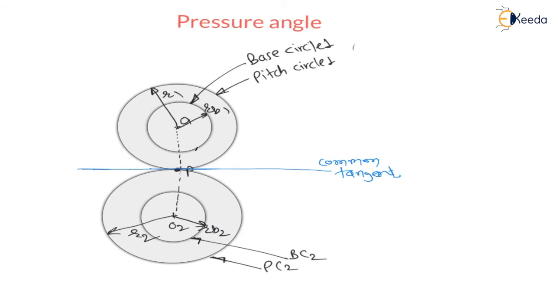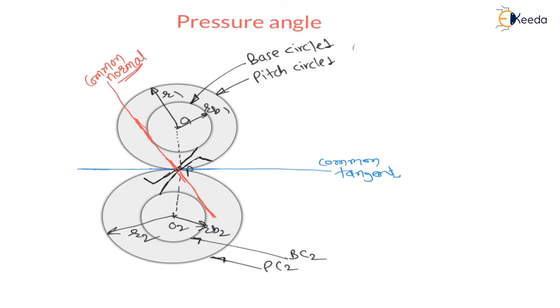Let us say on first base circle the gear is cut like this. This is the gear on first base circle, and on another base circle the gear is like this, right? And there will be contact between them at pitch point. Now if I draw common normal at this pitch point, then the common normal will become like this. The common normal at pitch point will go like this, and again this line is called common normal at contacting point or pitch point, right?